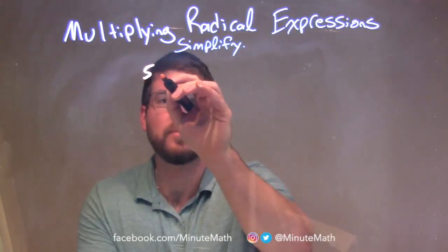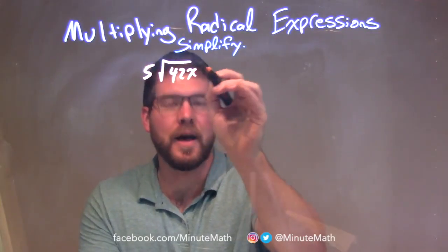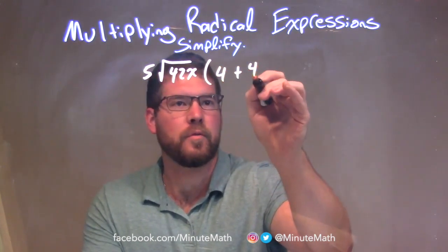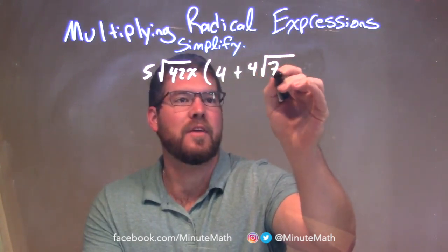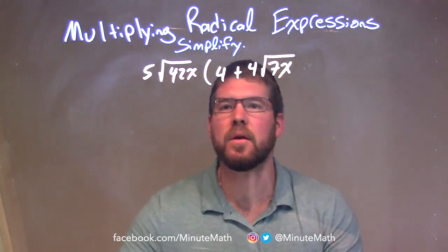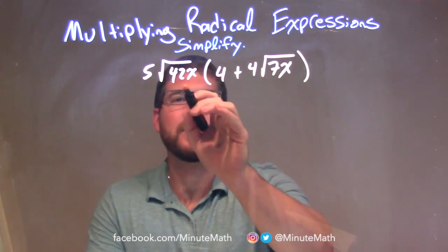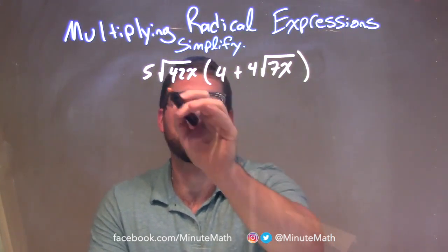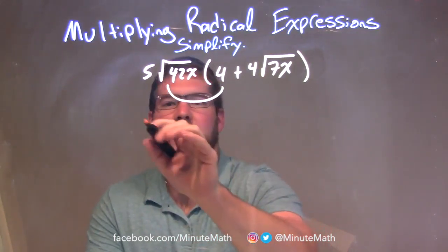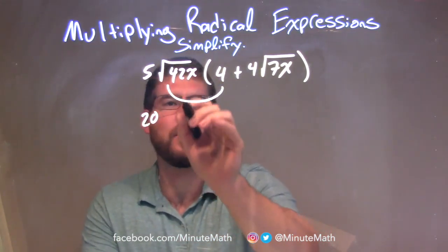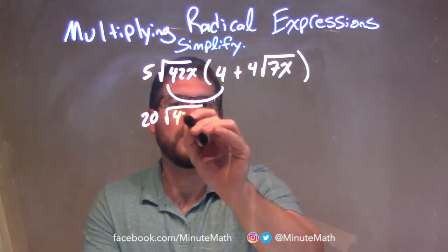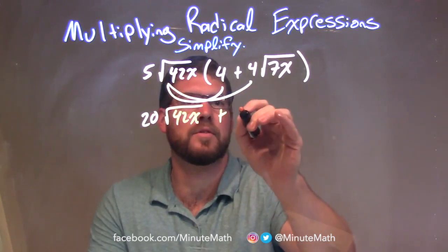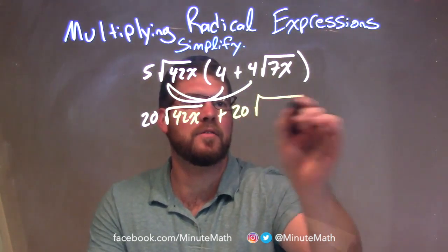5 times the square root of 42x times 4 plus 4 square root of 7x. Okay? Well, what we want to do here is we're going to distribute the 5 times the square root of 42x to both parts. So 5 times 4 is 20, and then the square root of 42x just stays right there, plus, again, distribute to the next part, 5 times 4 is that 20, and then we have on the inside, let's go put similar terms, the numbers together, 42 times 7